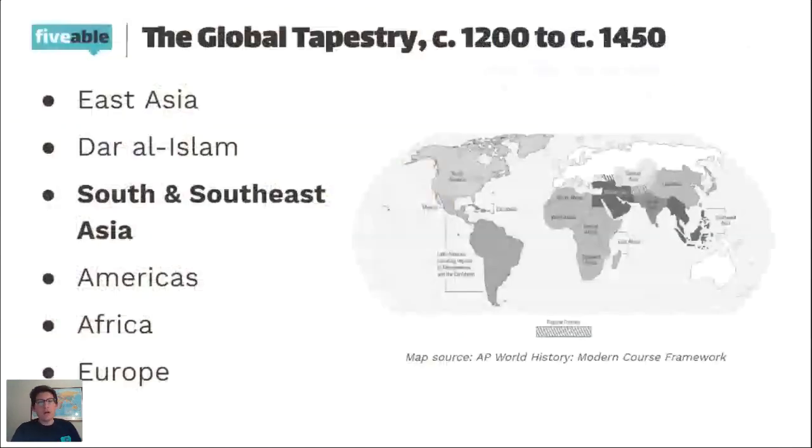So our next section I want to talk about is South and Southeast Asia. When we look at South and Southeast Asia, religion plays an important role. Whereas the Middle East and Europe are shaped by Judaism, Christianity, and Islam, South and Southeast Asia are shaped primarily by Hinduism, Islam, and Buddhism. That's what's shaping these regions. Those are the core beliefs, and their core beliefs and practices are shaping what's going on